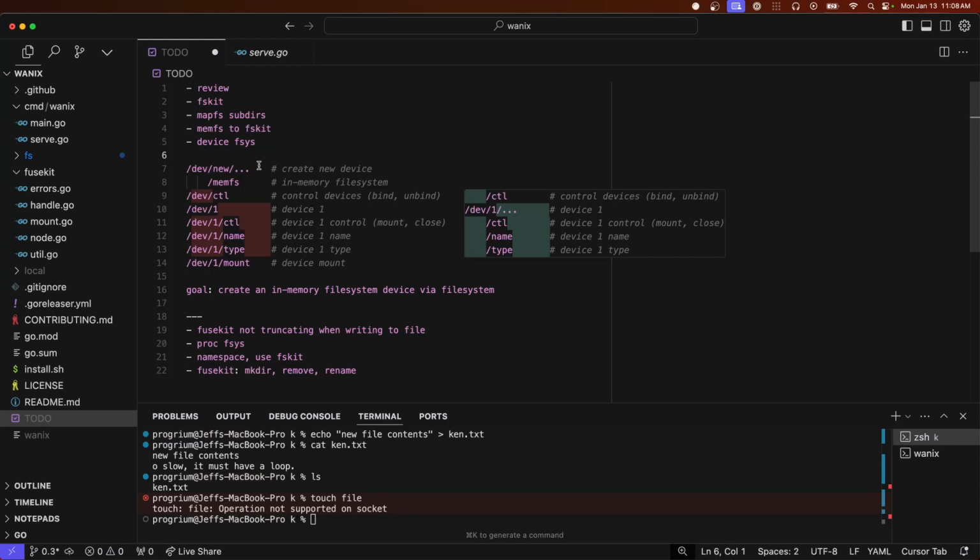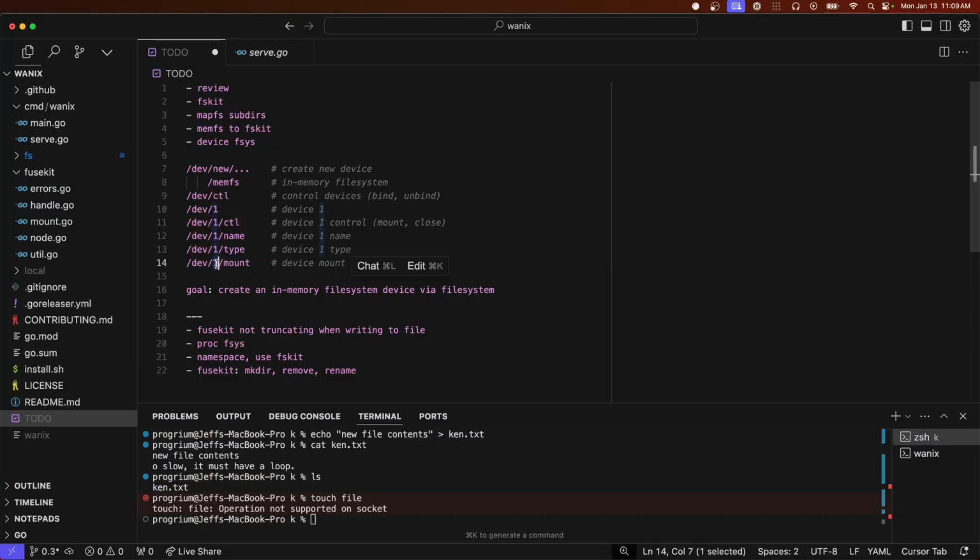Here we're using it to create new file systems in our file system that we can then mount in different places. So we'd read new, and the contents of that would be a number that represents the ID that is used as a directory for that new resource. And then you can use that to